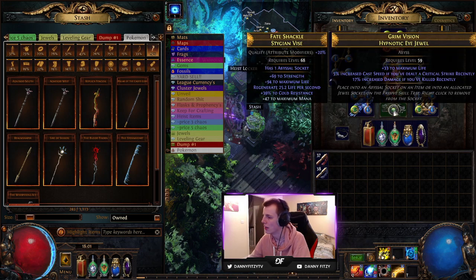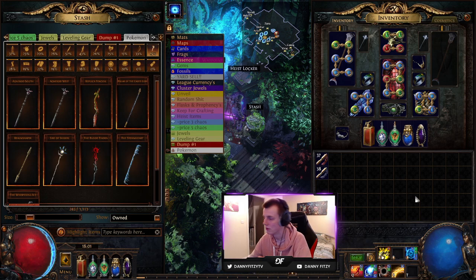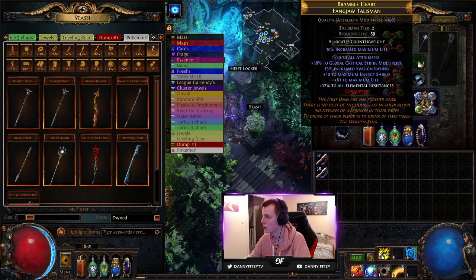So just do that. I haven't even done that. So the only benefit I'm really getting is the increased crit and the recovery when you kill stuff. But there is actually a 10% multiplier on this flask if you're igniting stuff. So that's probably something I need to do, to increase my damage by 10%, which would be pretty nice because